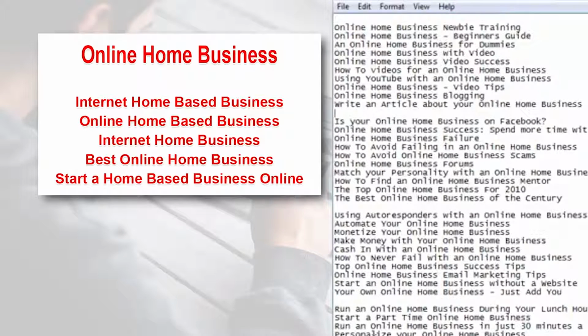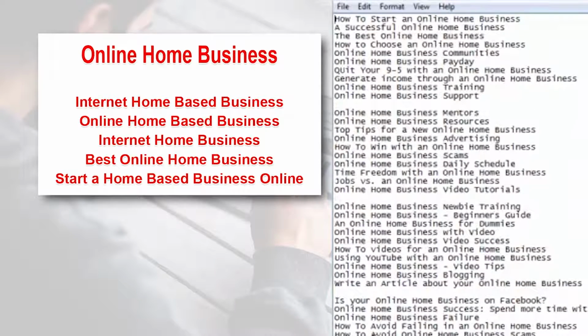So I'm going to save this list to my desktop so that I've got, like I said, a checklist or a to-do list for writing my articles. Now here's the neat thing. I'm going to also show you how to turn this list of 60 not only into 60 articles, but literally into 240 articles. Anywhere from 240 to 280 articles or so, because we can write 4 to 6 articles out of each of these articles.